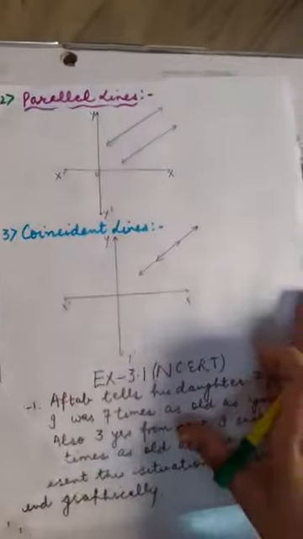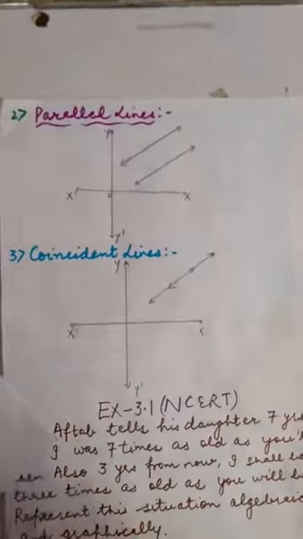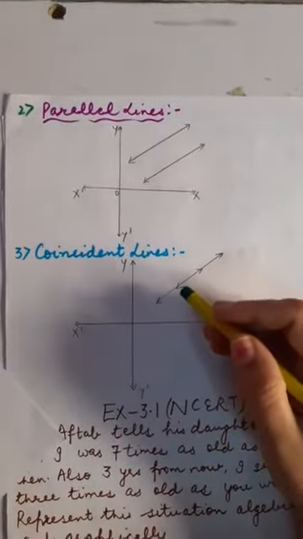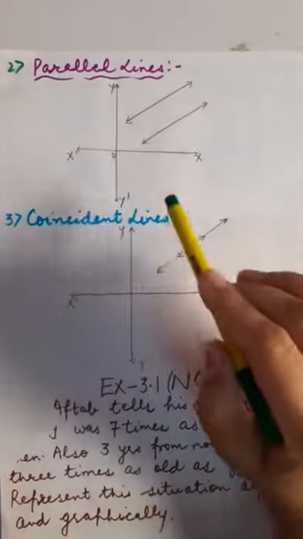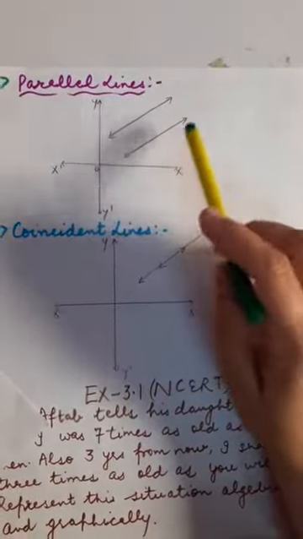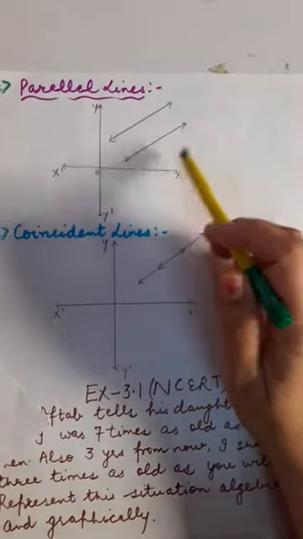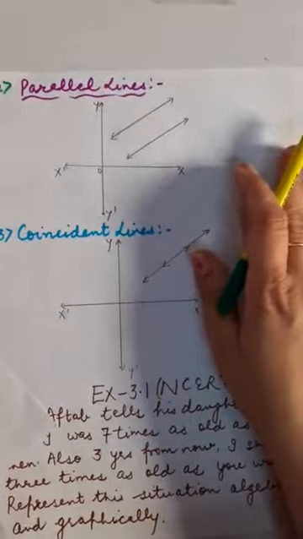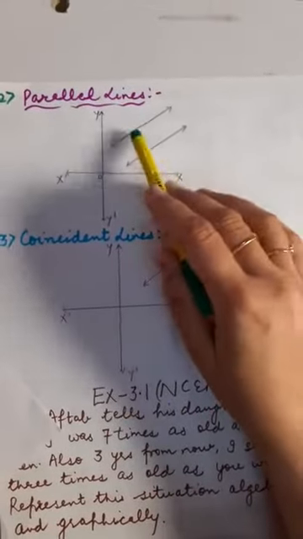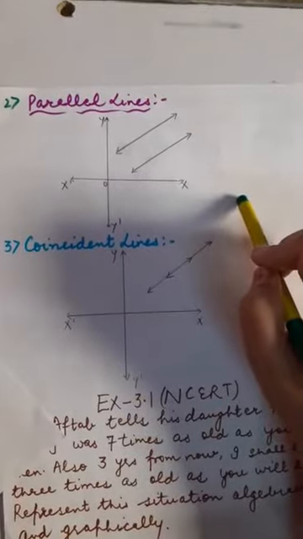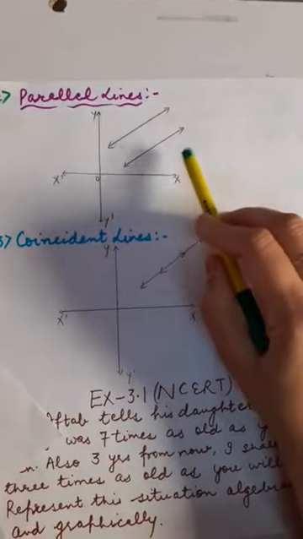Now I am going to switch to the next point, that is again the graphical representation of a pair of lines using parallel lines only. Means when you are going to draw two lines, the lines can be parallel also. Fine. Here in this case, there will be no solution existing, because lines are not going to intersect each other. There will not be any common point between them, so no solution will exist in this case.